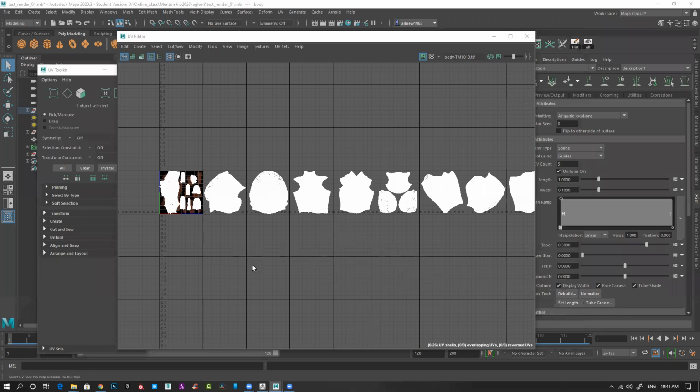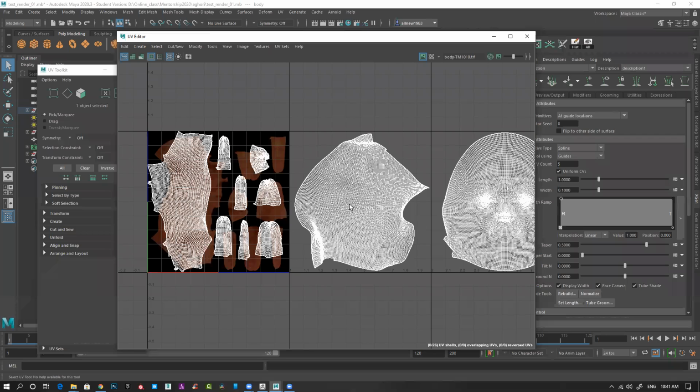So here is an example of how we're going to place all the UVs. You can see the face separately, your arms separately, your fingers separately, your torso, body, and everything. Each and every part is a separate UV tile all together. So each and every individual part you can texture separately, but after combining everything